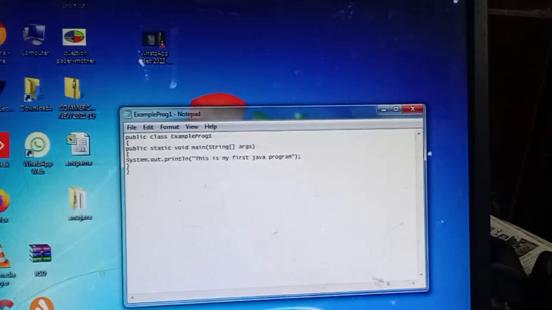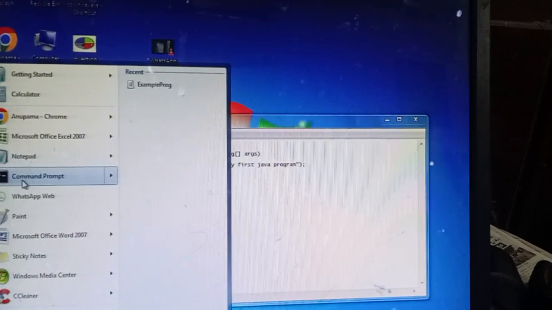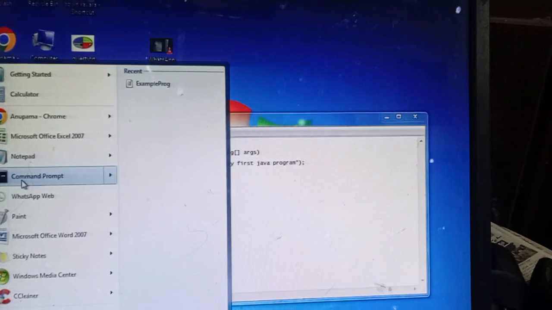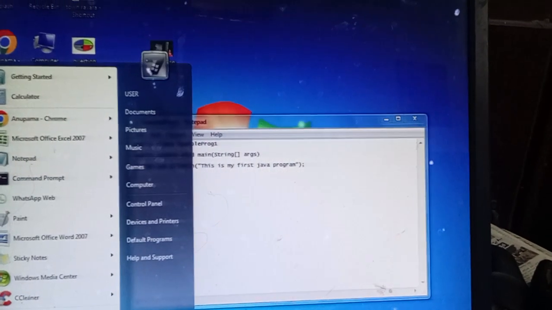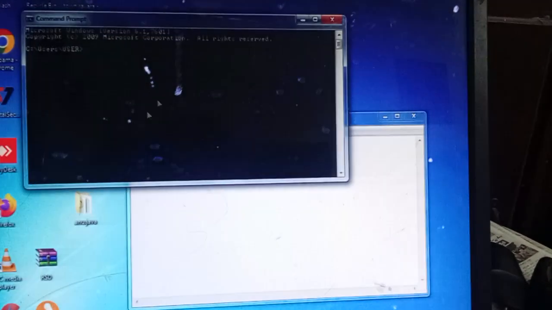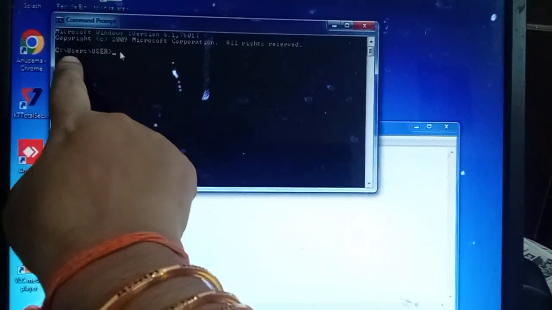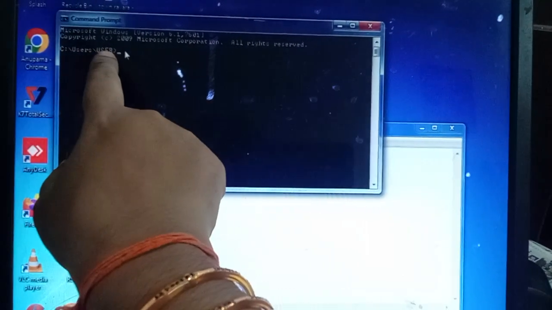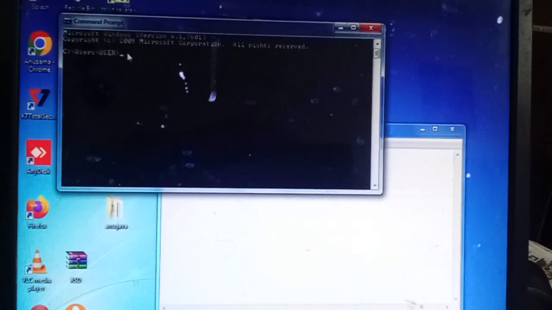Now let us compile it first. Go to Start. In this you will have command prompt, or you will have the run command. If you click on run, you will get a text box like this. In that you can specify cmd, then you will get the command prompt screen like this. I am in this path. This path only I saved my files, right?